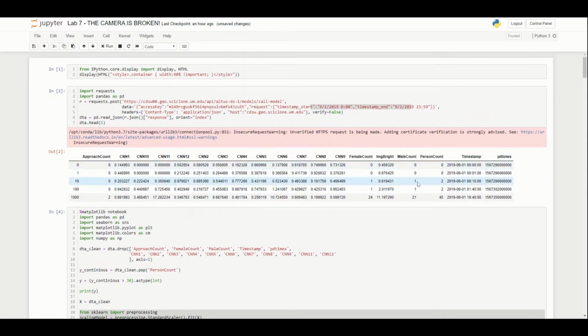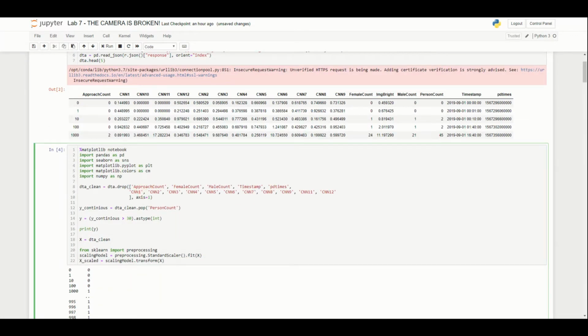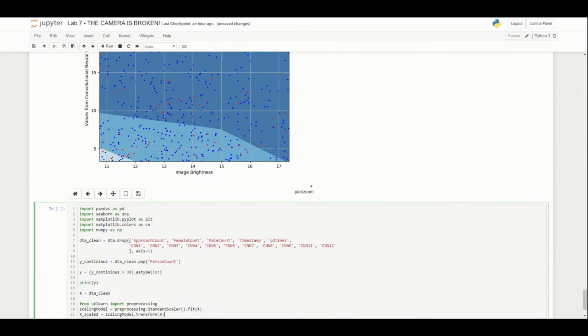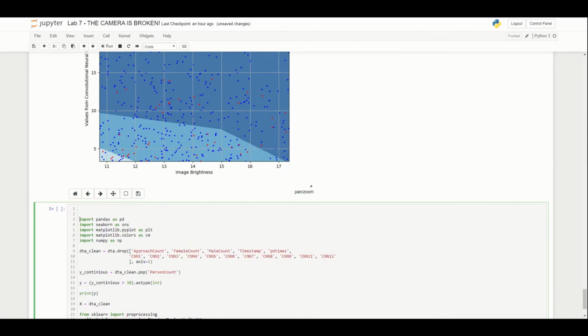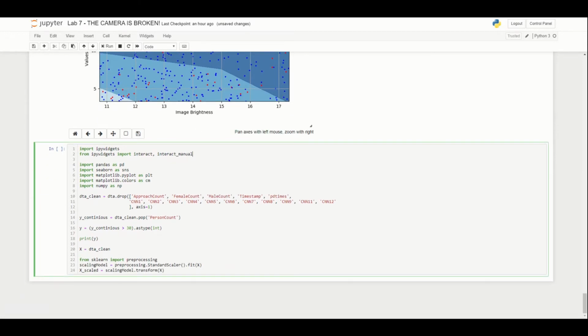To make this a little bit easier, we're actually going to copy some of our code from up here. So we'll go ahead and copy all of this. And then at the very top, I'm going to add a few imports that we've used before, the ipywidgets, and specifically we're going to take interact and interact_manual. The idea here will be to build a quick interface that allows us to compare the accuracy and performance